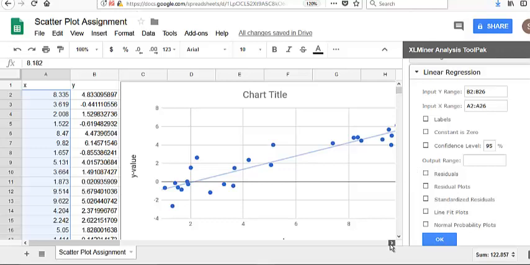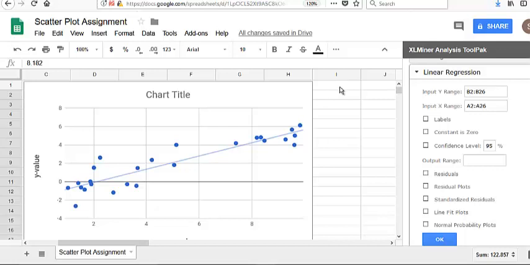And if we scroll to the right, just to the right of the graph, let's click into that cell. So we're going to put all the regression information there. We've already got one plot, so we really don't need another plot. We just click here in I1 and it says I1. So we've got our input Y range, input X range, and where we want to put the results. Take the confidence level off, say OK,